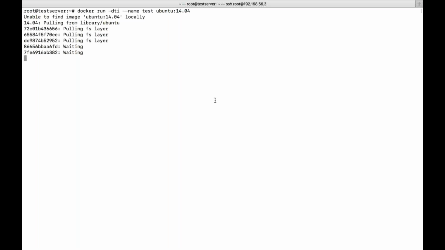I want to create a container with my own port forwarding. Just create a container, okay, whatever it is. So if image is not available, then it will try to download the image and then it will create a container.